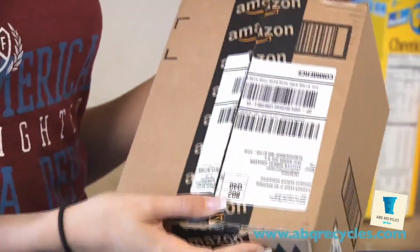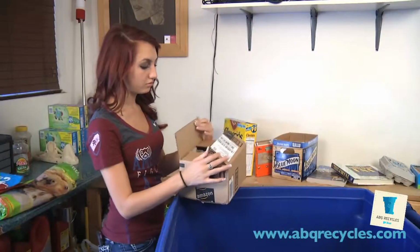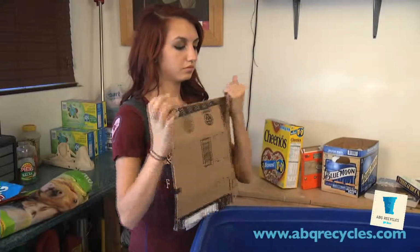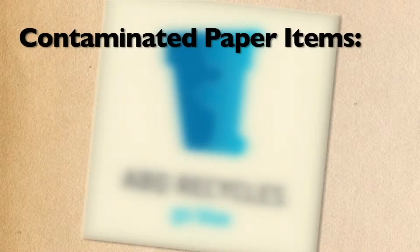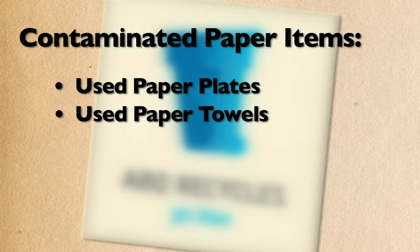Don't bother removing tape and labels that are fixed to your cardboard boxes, but liners and packing material inside the boxes, like styrofoam peanuts and bubble wrap, need to be thrown into the trash. Flatten the cardboard and make sure it doesn't get stuck in your blue cart, because it might cause a problem when it's collected. Paper items which should not go into the blue recycling cart include used paper plates, paper towels,